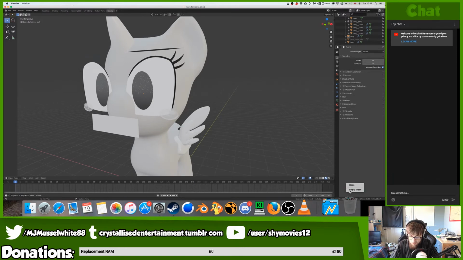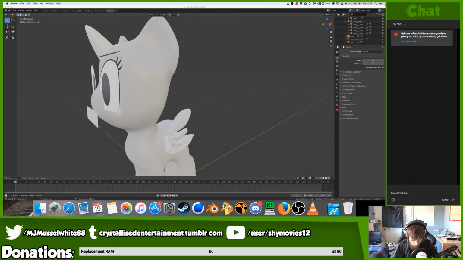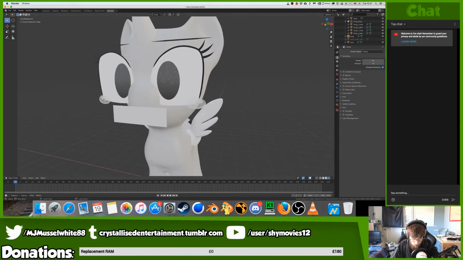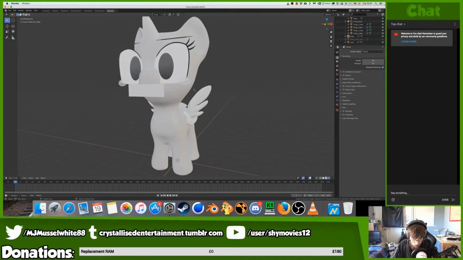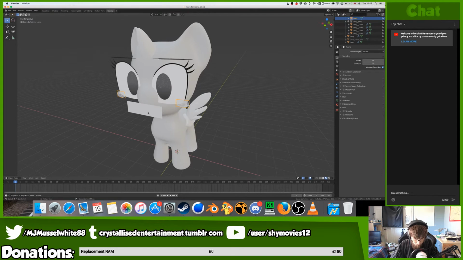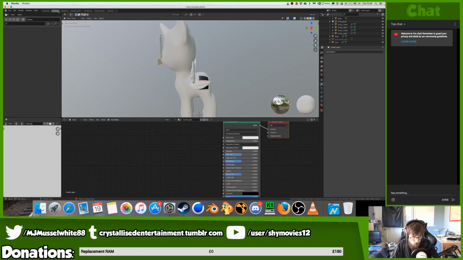I've already emptied that. There we go. So yeah, let's get started. So probably start with the mouth, which will be like 3 separate textures. One of them I haven't done yet, but there'll still be 3 separate textures. So now open, into shading,